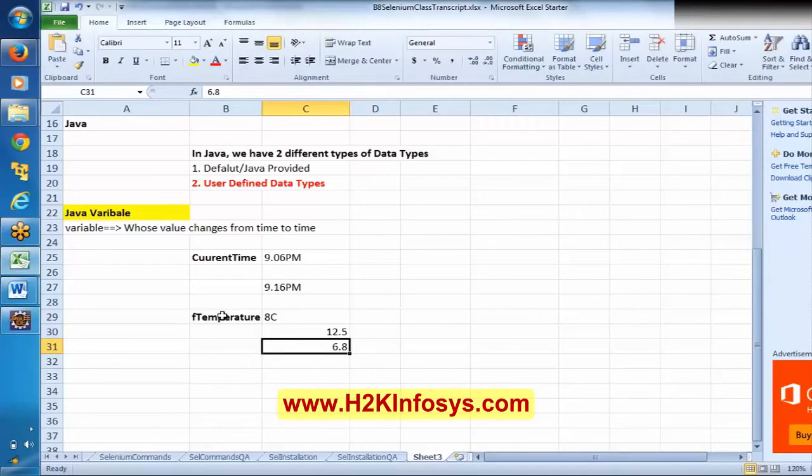It means its value is changing from time to time. In a day, it is changing time to time.